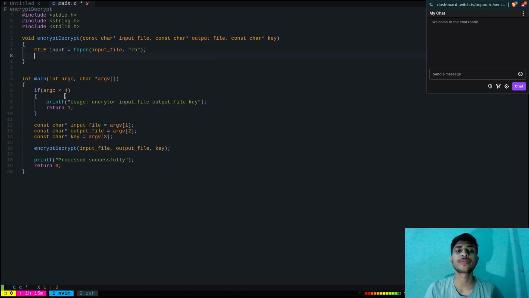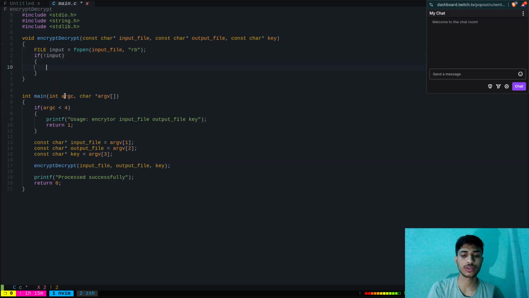If not input, print an error while reading the file,